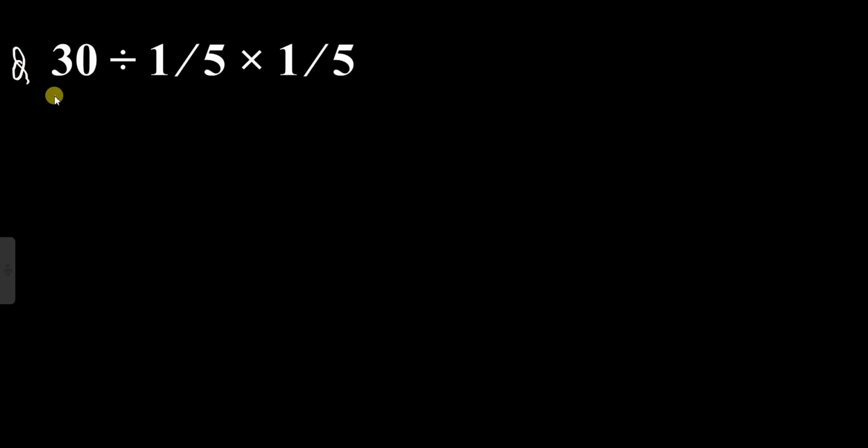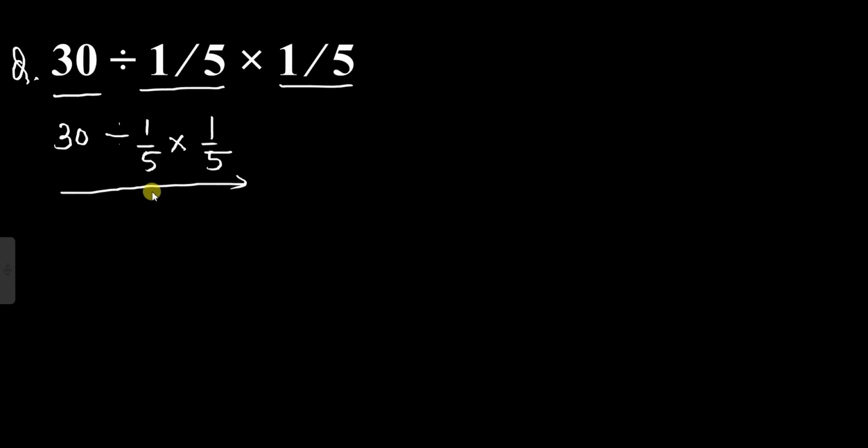Here's the question: 30 divided by 1/5 times 1/5. So let's write it again in the correct format: 30 divided by 1/5 times 1/5. Now if we check from left to right, we'll give the first priority to division and the second priority to multiplication. So next, 30 divided by 1/5